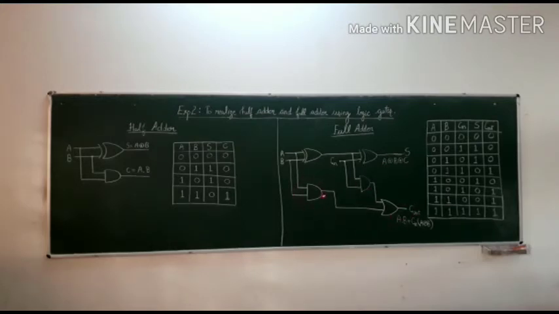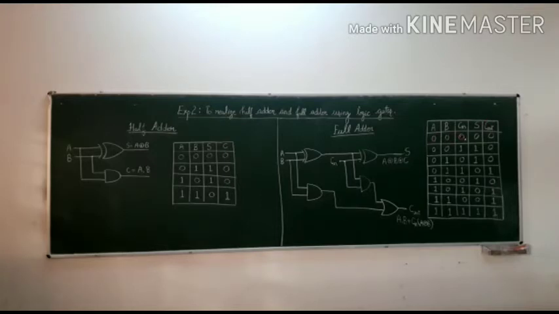This is the operation of A and B plus C in. C in will come from this side, and the A XOR B operation, from this A XOR B we will combine it at this point. So combinedly the equation of carry out is A and B plus C in into A XOR B. So the truth table of full adder is, in this we will use 3 inputs A, B, C in, that means carry in, then sum and carry out will give us the exact output.